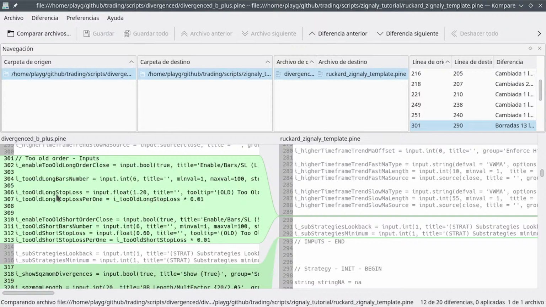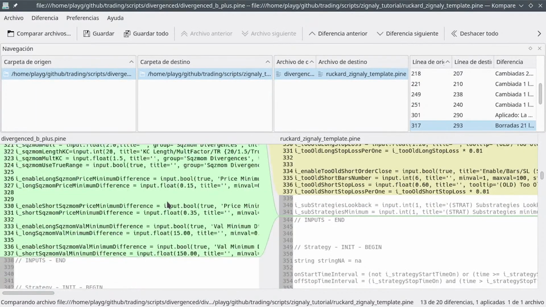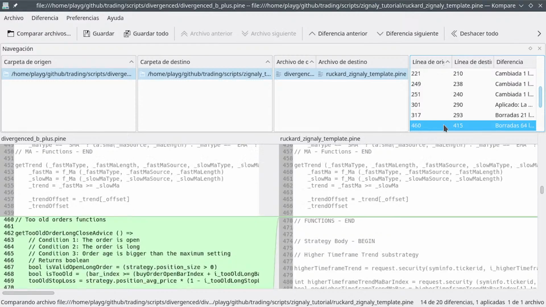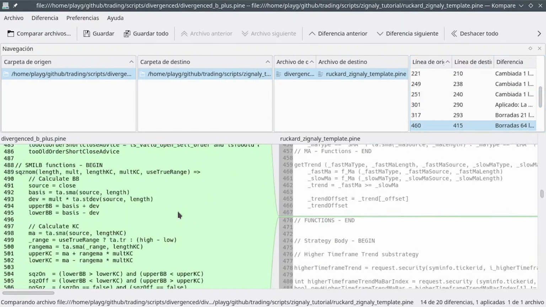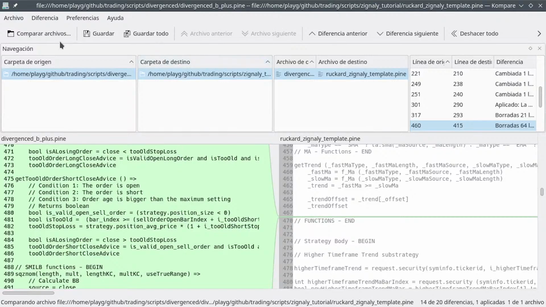I mean, this should be together, so we will fix it now that we are at it. We will fix it. These are the functions. There are too many functions here. So let me fix